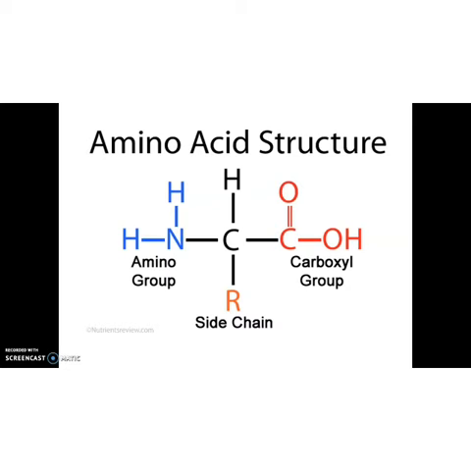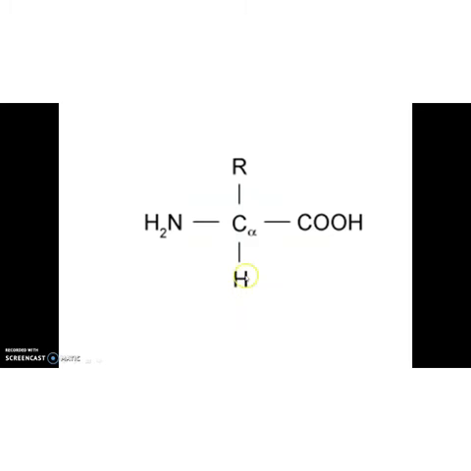Clear? Then they are substituted methanes. We know that there are 4 substituent groups occupying the 4 valencies. Which are the 4 groups? Repeat with me: hydrogen, amino group, a functional side chain, and a carboxyl group. So the 4 valencies are filled now. And according to the difference in this side chain, there are different amino acids. See? Why this alpha here? Because this is an alpha carbon atom.